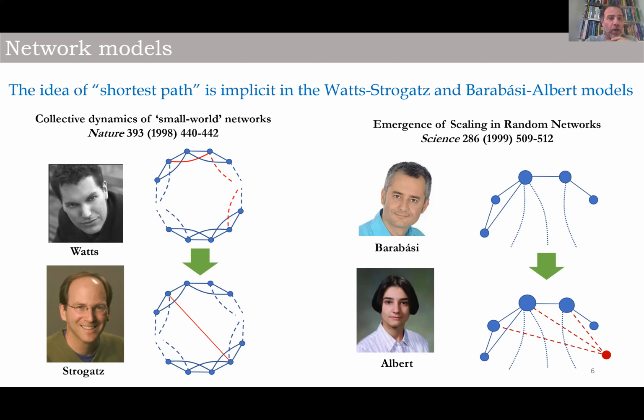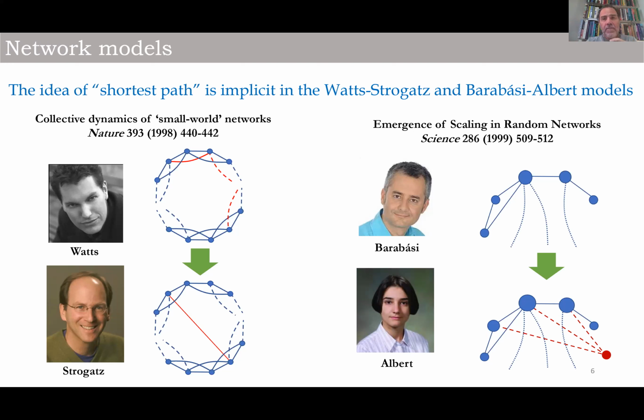In the case of the Watts-Strogatz model, you start from a circular graph. So basically you have a regular graph with a certain structure in which every node has a given degree by connecting it to the nearest neighbors and to the second nearest neighbors if you place them like in here on a round circle. Then the process starts by removing some of the existing edges and rewiring them randomly and independently through the network, such that you will see that there are certain properties related to the shortest path that emerge immediately after